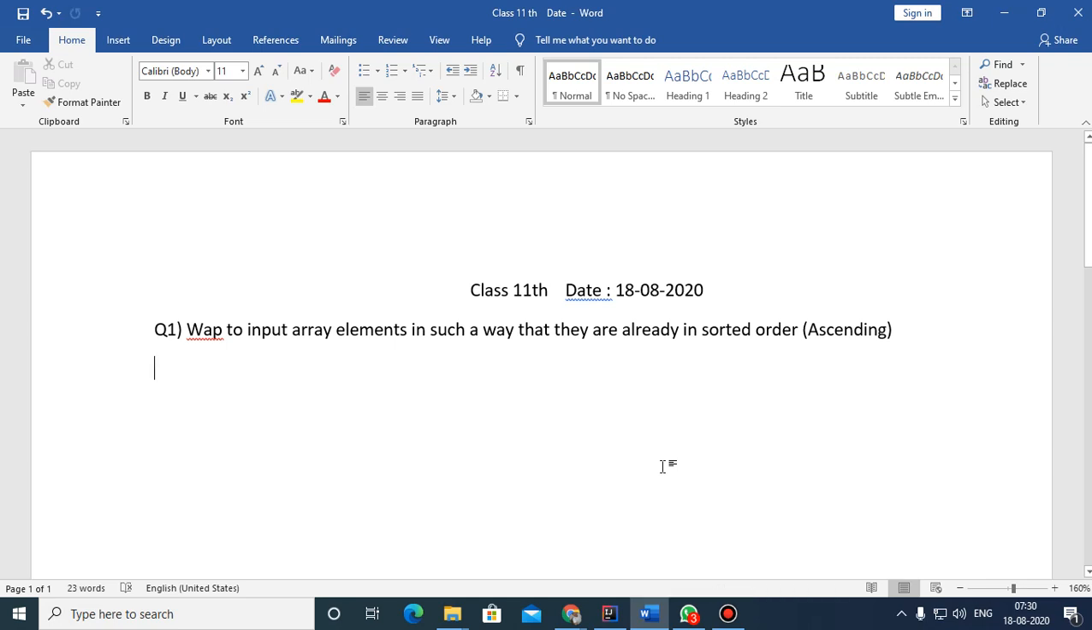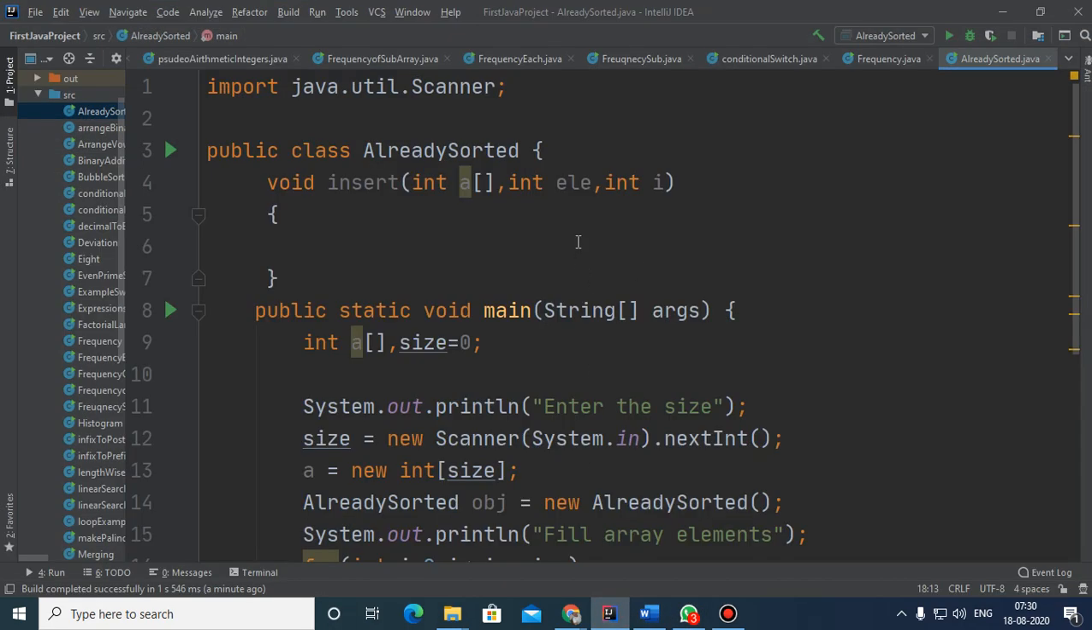Children, today in this video we are going to see how to insert array elements in such a way that they are already in sorted order. So first of all, let us understand what the question is all about. The question tells, suppose we entered 12 the very first time,